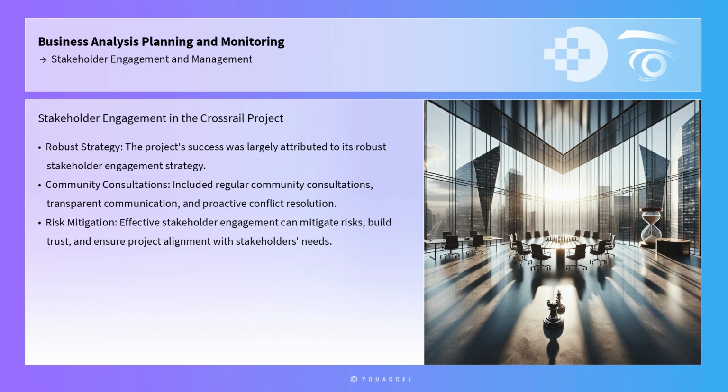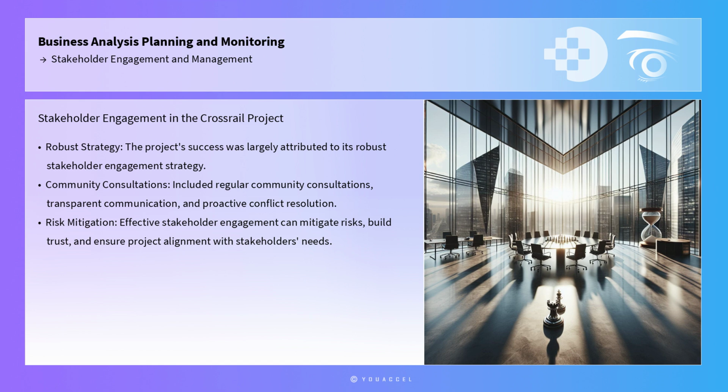To further illustrate the importance of stakeholder engagement, consider the case study of the Crossrail project in the United Kingdom. As one of Europe's largest infrastructure projects, Crossrail involved numerous stakeholders, including government agencies, local communities, and private companies. The project's success was largely attributed to its robust stakeholder engagement strategy, which included regular community consultations, transparent communication, and proactive conflict resolution. This case study highlights how effective stakeholder engagement can mitigate risks, build trust, and ensure project alignment